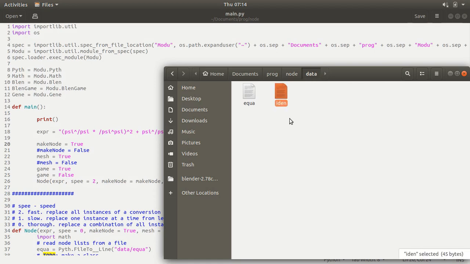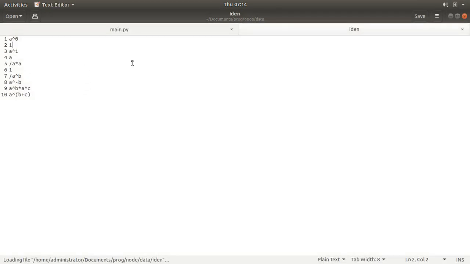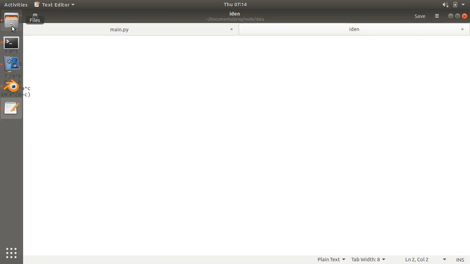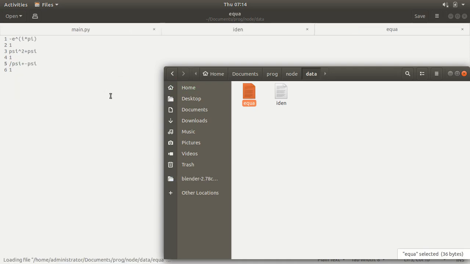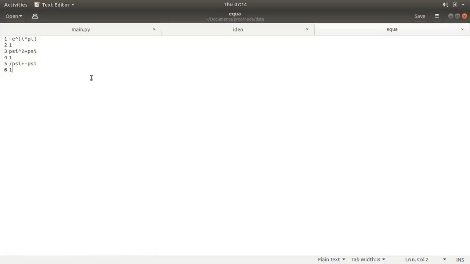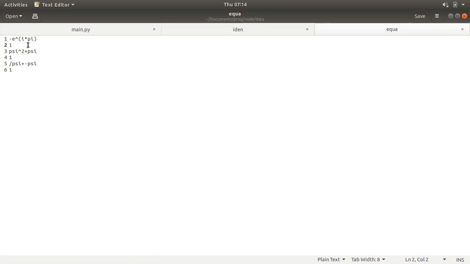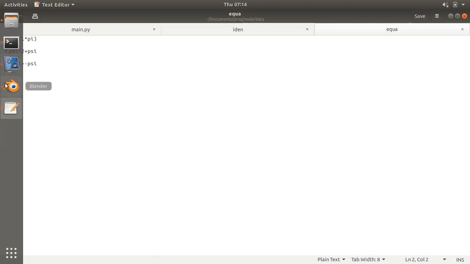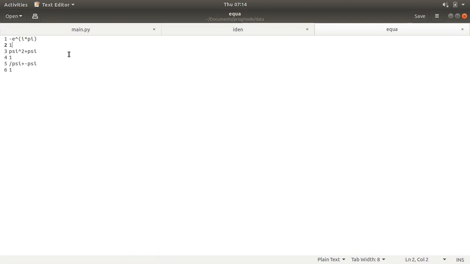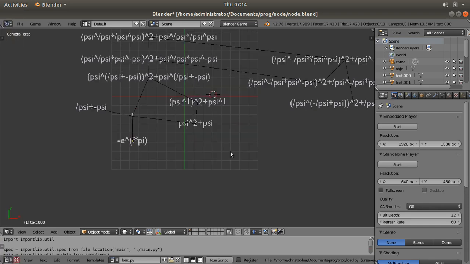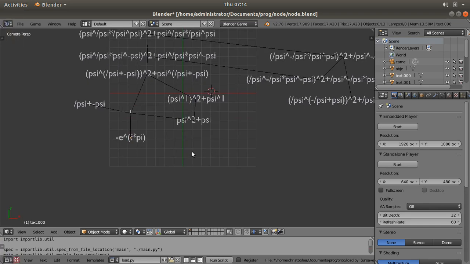So here in my database, I have identities and equalities. Identities are true for any variable or value, and equalities are true for specific values or specific expressions. So here's this entry that I put in manually, and if you want to know a little bit more about exactly why that's equal to 1,